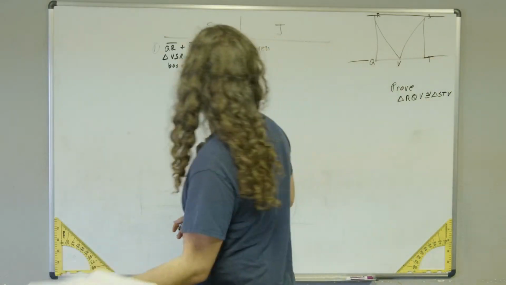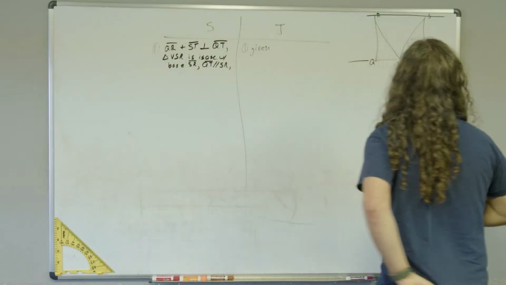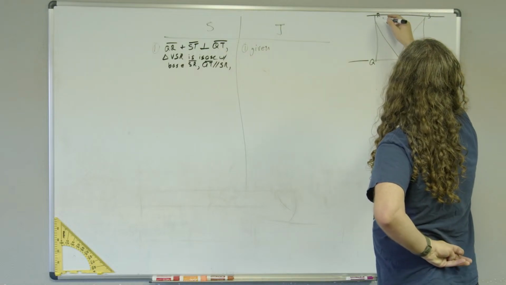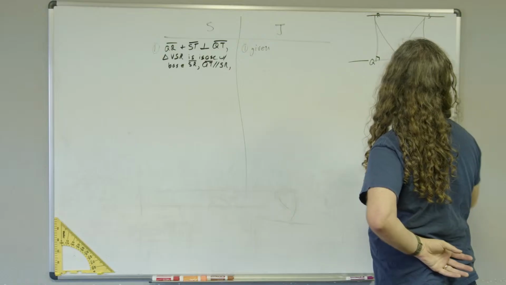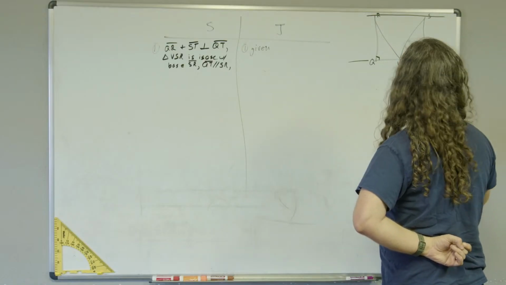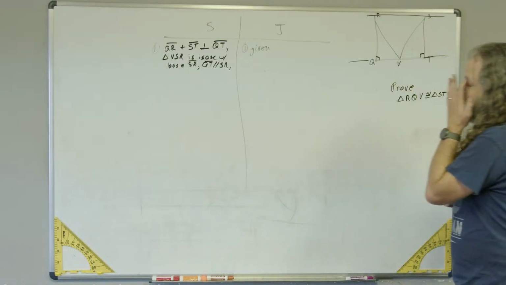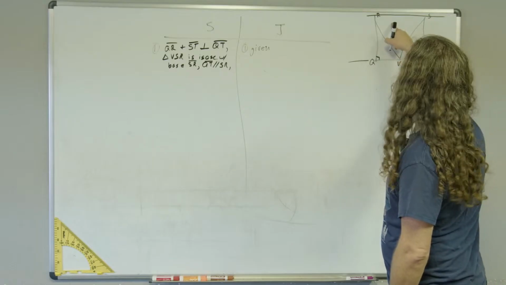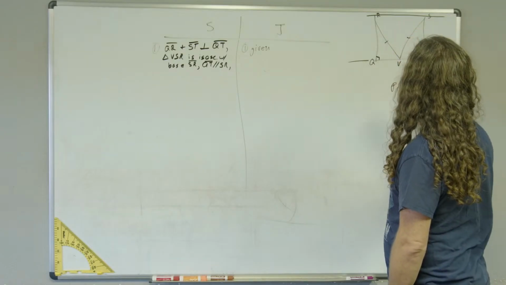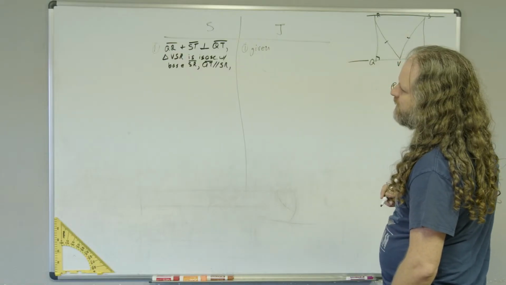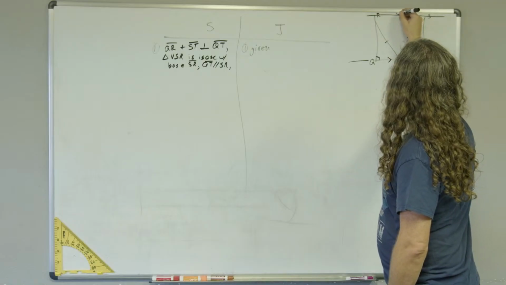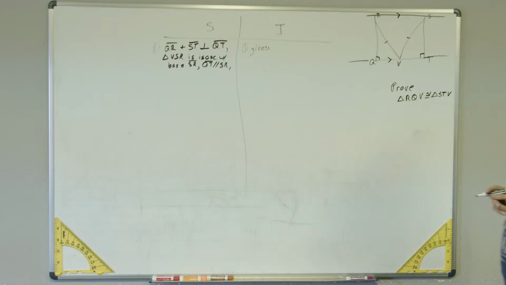All right, so we are given that QR and ST are perpendicular to QT. We're given that VSR is isosceles with RS as the base, and we're given that QT is parallel to SR. And we're supposed to prove